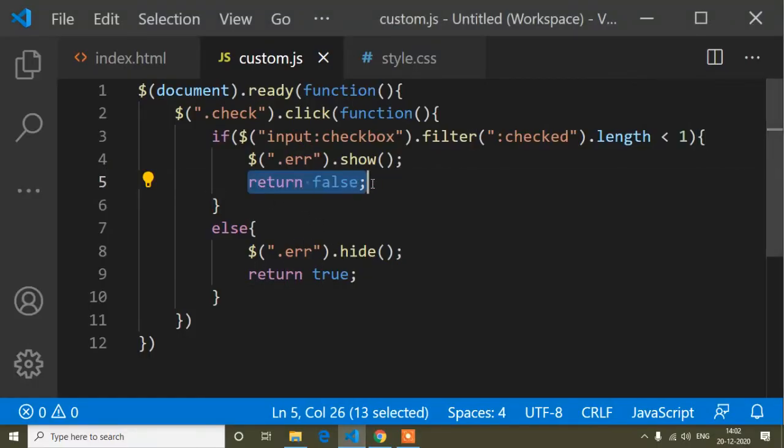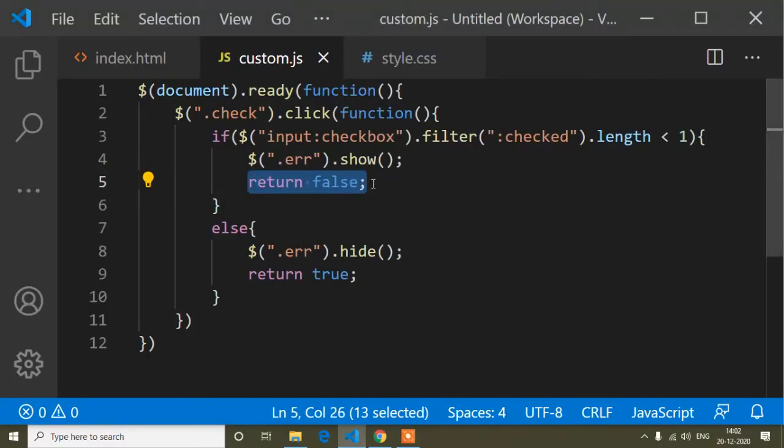Now if I check all the checkboxes, the error will not be shown because I have checked all of them, but when I remove them, it shows the error: select at least one checkbox. Now the error is gone because I have selected two checkboxes. Again if I uncheck all the checkboxes until one is checked, and then uncheck this one also, you can see the error is showing: select at least one checkbox. This validation is a very important validation.